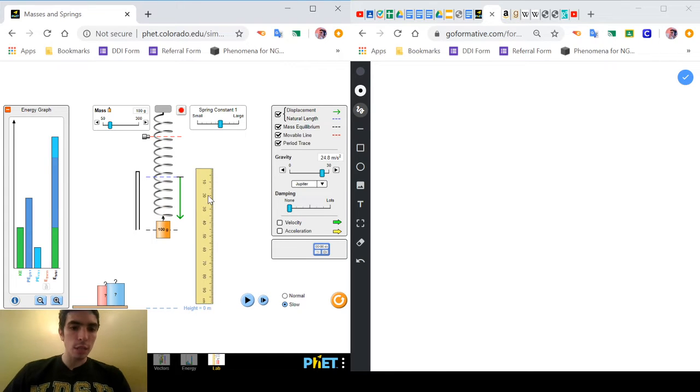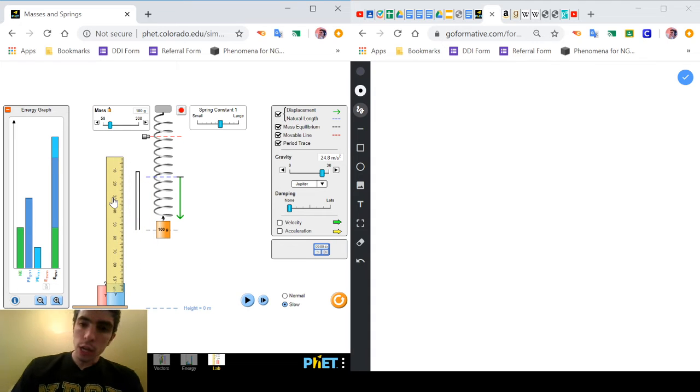Okay, and the reason that I'm saying that was pretty good is we have this black mass equilibrium line right at about where the mass equilibrium is, going right through that center of mass. So that looks actually pretty good to me, and you can also tell from this period trace we've got right where we started, like where they started counting this oscillation, getting basically right down to where it stopped here at that mass equilibrium again. Okay, so as a reminder to calculate your other types of energy, so we've got gravitational